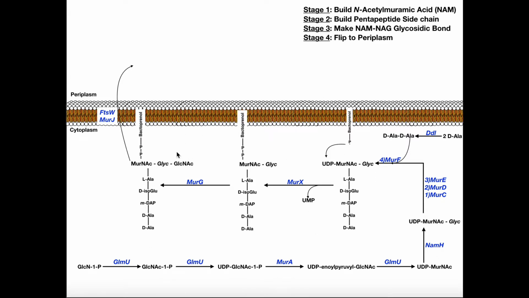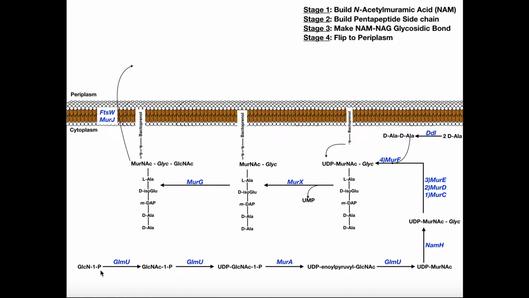In stage 4, we're actually going to flip all of this into the periplasm. If we're in gram-negative bacteria, it's the periplasm. In gram-positives, it would be the extracellular space. Okay? But again, we're just referring to gram-negative bacteria here. So let's actually look at these stages, and then we'll go on to the next slide, or the next stage